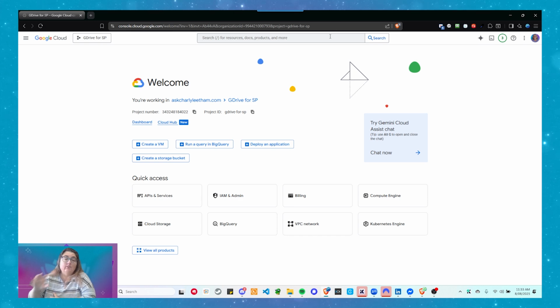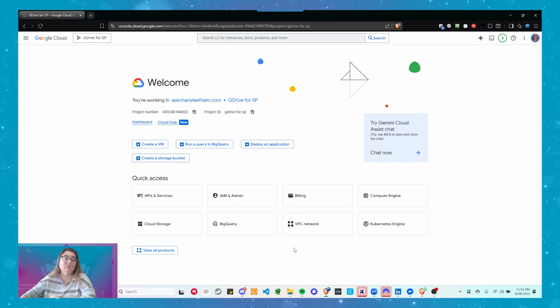When you go to the various bits and pieces, it will ask you to create a billing account. Now, I've created a billing account. When you create your Cloud Console account, it will ask you to create a billing account. If you have trouble with that, or you can't find it, or you want to make sure it's right, from the home screen of the console, click on billing and follow that. I'm not going to go into that today.